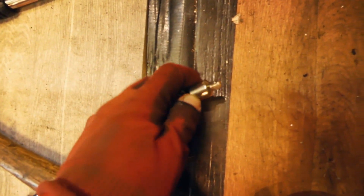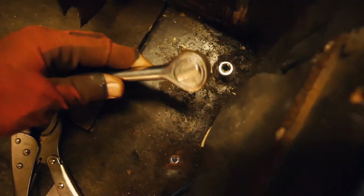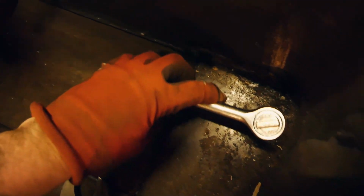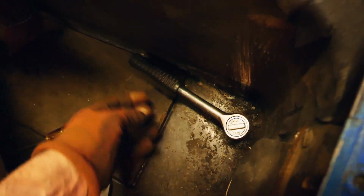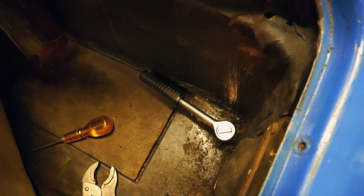And what I'm now going to do is get my little adapter. I should have set up a tripod for all of this. And then we're going to put it on my socket. No, not my socket. Yes, put it on my socket, put it on the ratchet, then on the socket. And that is going to go in there. So I've now ratcheted that, and it's now as close to this part as possible. That's a nice solid piece. That's what we want. So, that's now leaning on there, and we're all good. And then we go under the car,